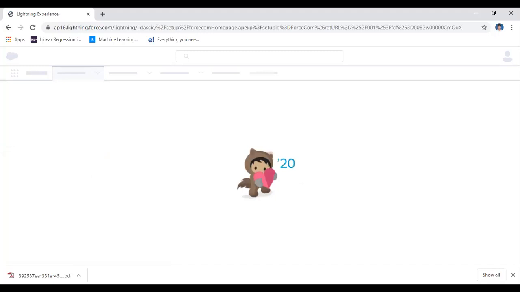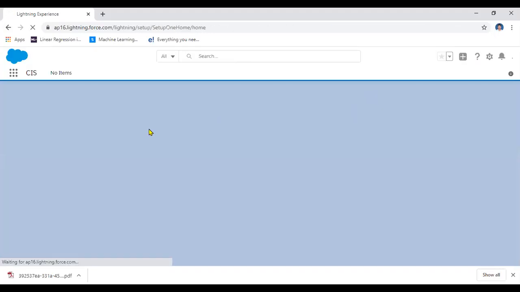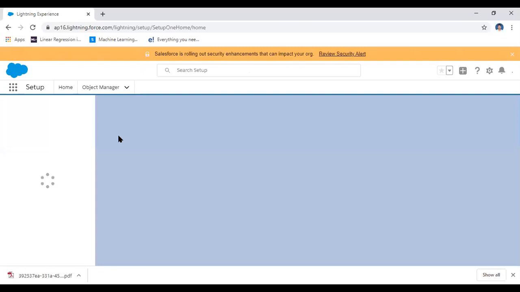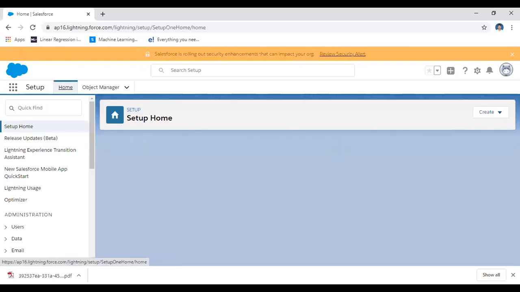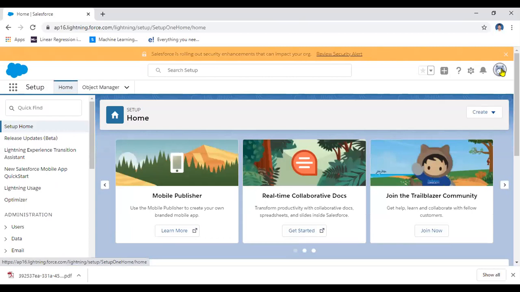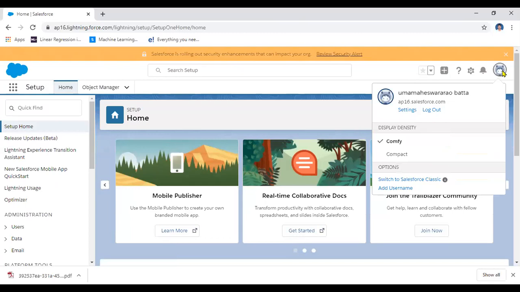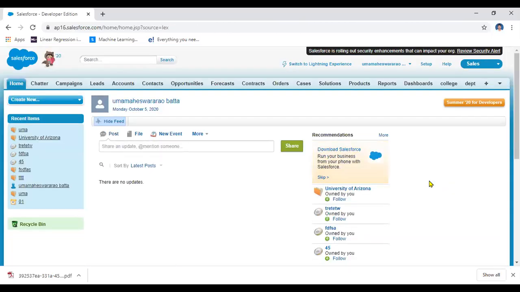Okay, it takes some time. Now I am in lightning mode, so come out from the lightning mode. The very important thing here is that it has two different modes: the classic mode as well as the lightning mode. That is simple for beginners. The classic mode is a simple representation. Here I'm going to write this